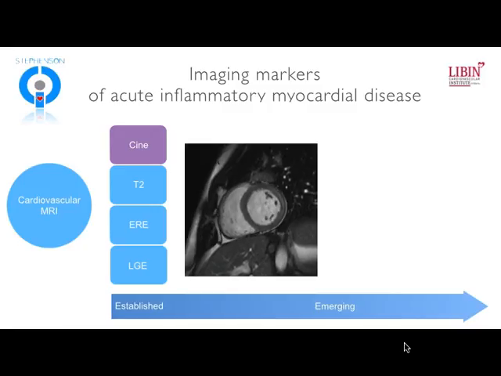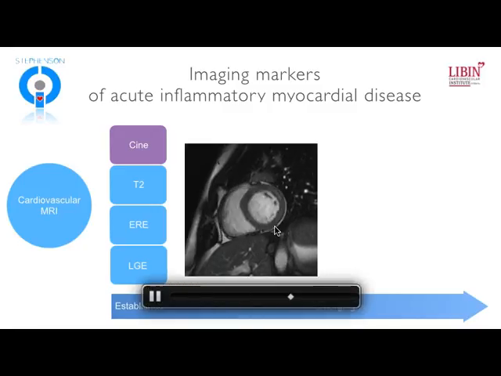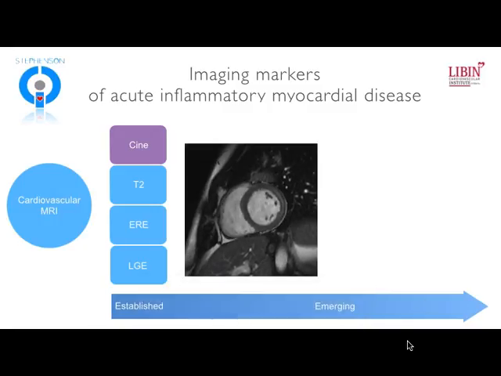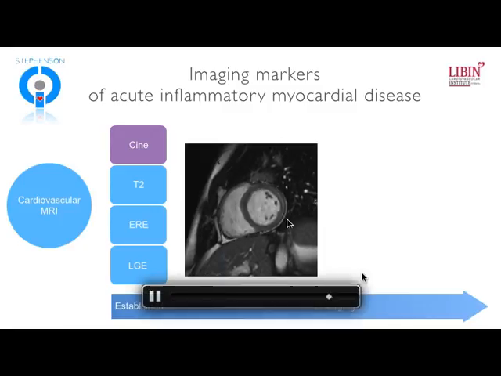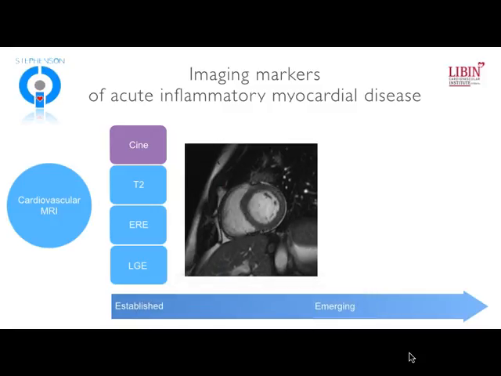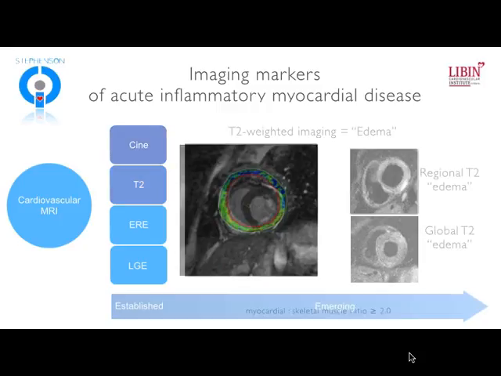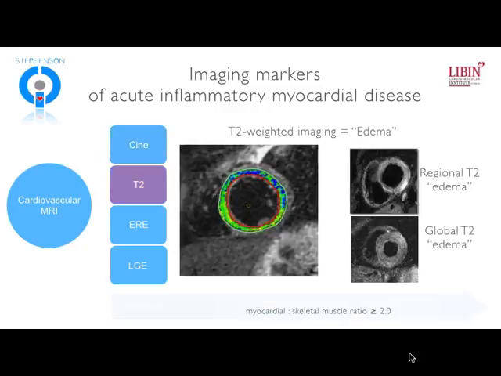I won't comment on the strain characteristics of this patient, but we will come back to it later in the talk. And so what we're able to see on here, however, is some subtle signal changes that will become a little bit more apparent on some of the later imaging applied in this patient. But it allows us certainly to look at regional wall motion, regional thickening, and in the case of this patient, a very trivial pericardial effusion. So did we get much value from this? Well, arguably not at this point.